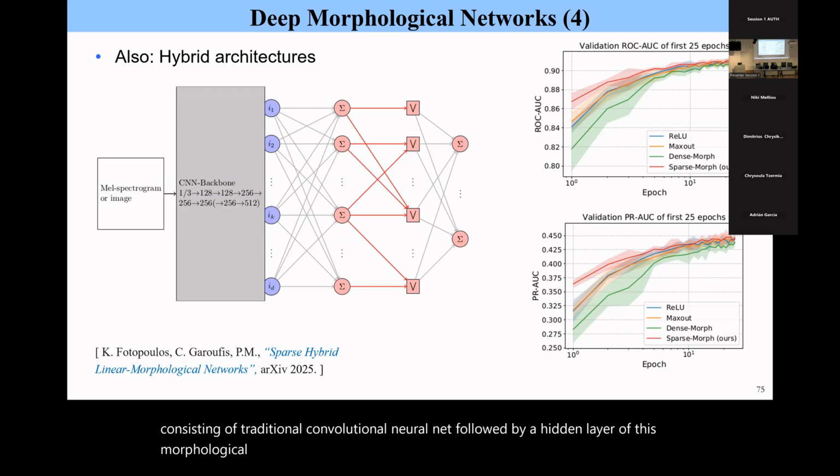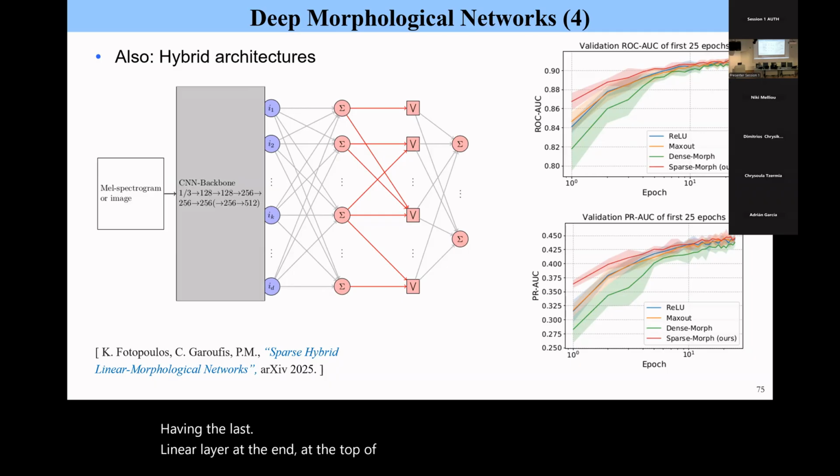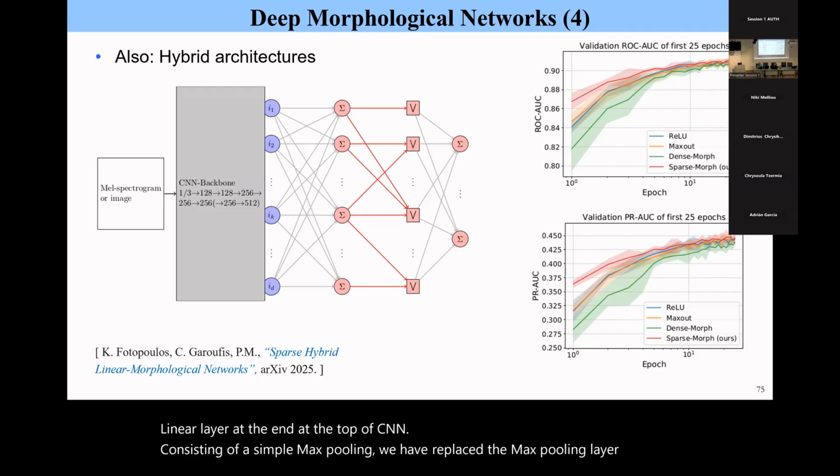So instead of, let's say, having the last linear layer at the end, at the top of a CNN, consisting of a simple max pooling, we have replaced the max pooling layer with full-blown